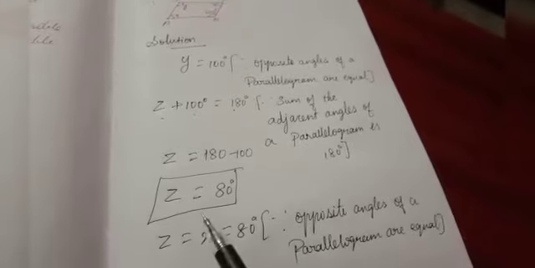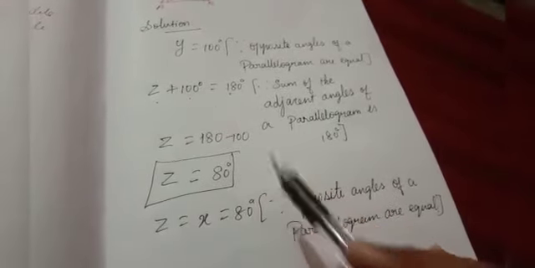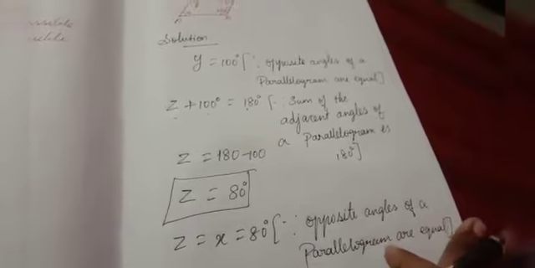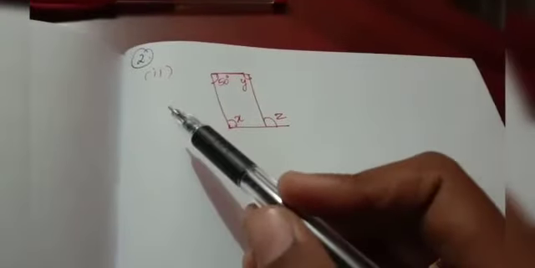We have got all three unknown values. By using the properties of parallelogram, we have found all three unknown values. We'll see one more sum from the same exercise, from the same main division. This is the second subdivision from the second main division. Here also three unknowns are there. We have to find all three unknown values.